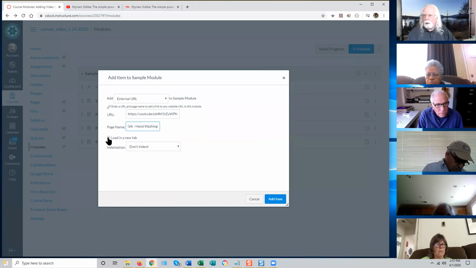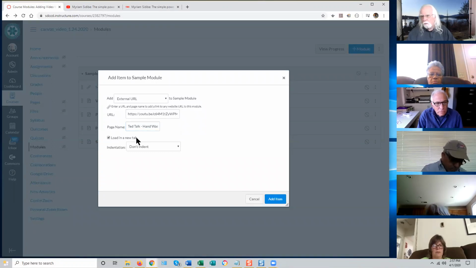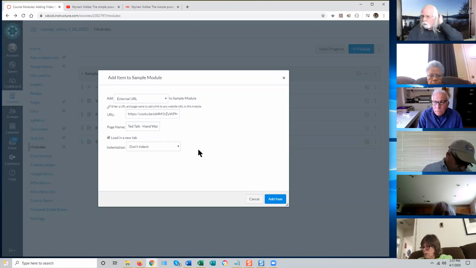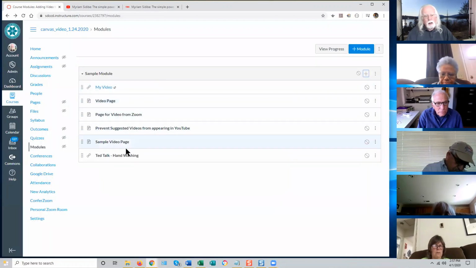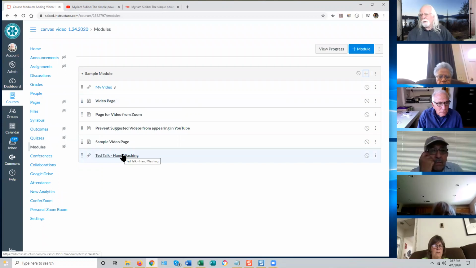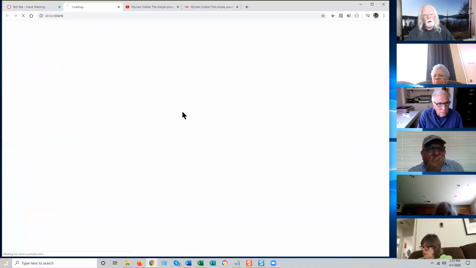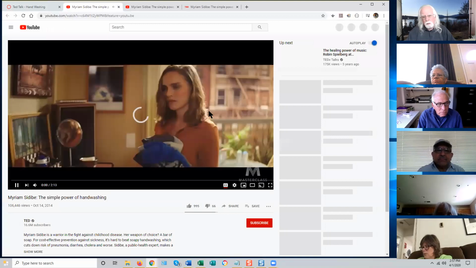Generally, it's a good idea if you're linking through an external URL in Canvas to a video, to bring that video up in a new tab. So it makes it easier for the student to get back to Canvas. And it also makes the video play better, or the video access work better, generally. I can add that item. Now I have another way to link directly to that video from a module without having to create a Canvas page. This doesn't look real sexy, but it works. If I click on that, or the student clicks on that and opens a new window, bing,